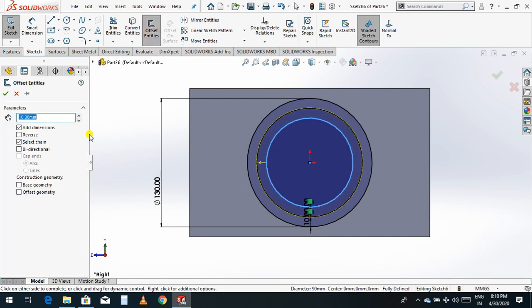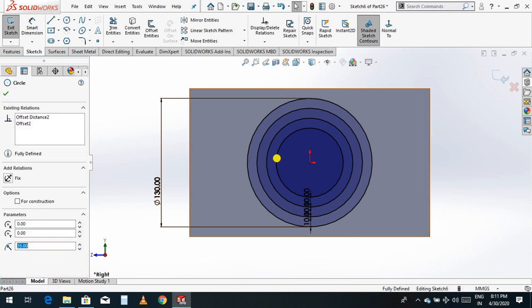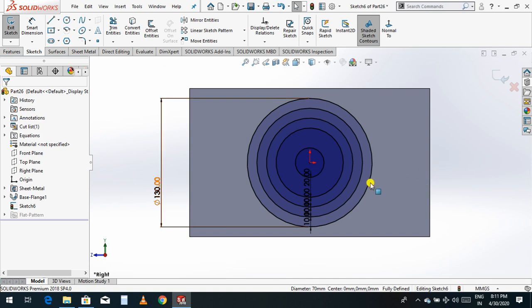Again you choose this circle and select the offset command and select the reverse direction and give a distance. I'll take this one 20. Select OK. So this is our profile of a sketch.